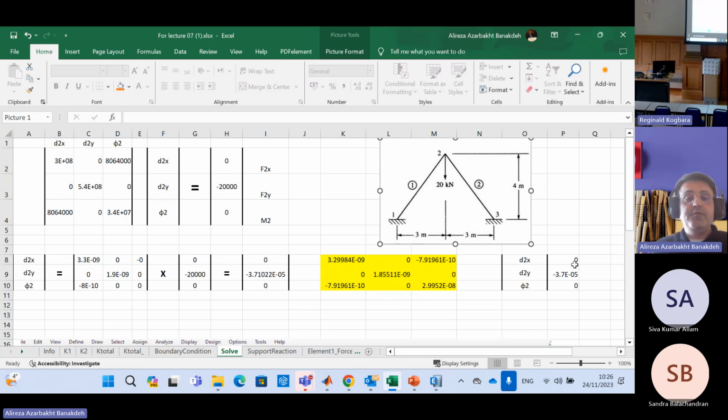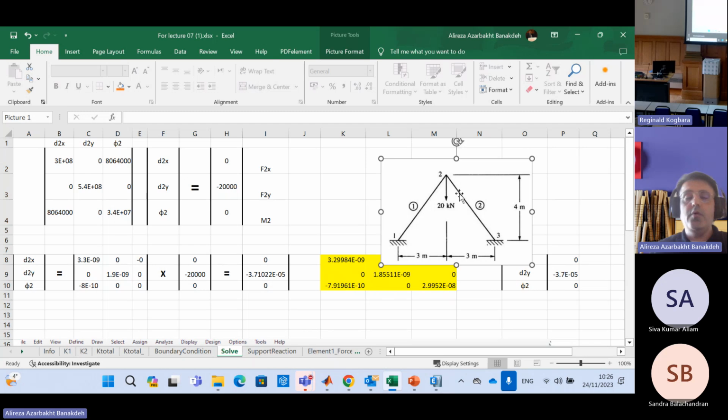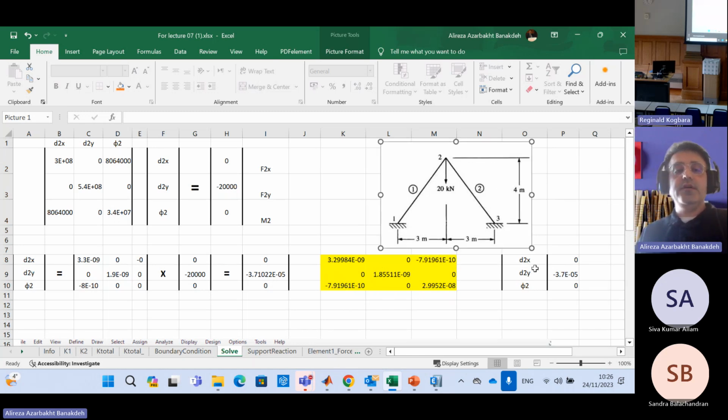I need to proceed with a universal approach for the solution, because you might have some external force in the x direction on node 2, or even an external moment at node number 2. So the structure is still symmetric, but the external forces wouldn't be symmetric, and you will have non-zero solutions for delta 2x or phi 2. However, when you come up with this